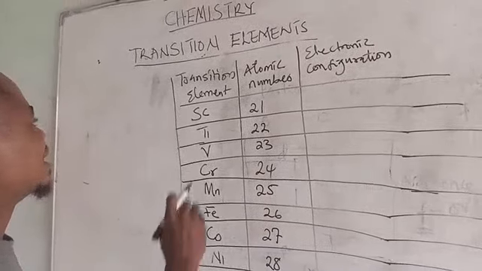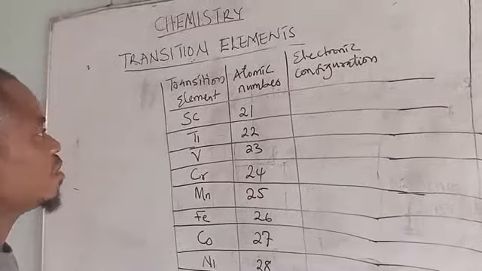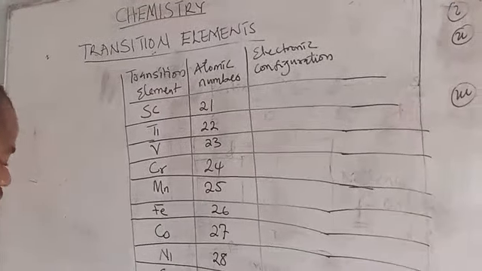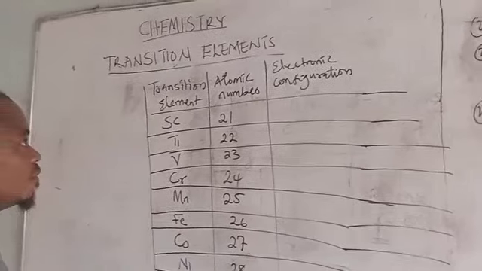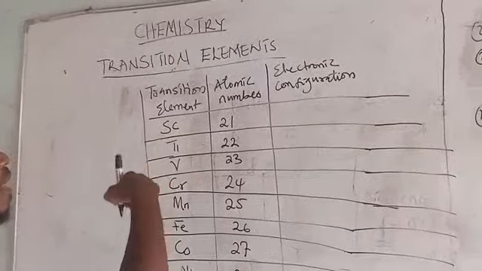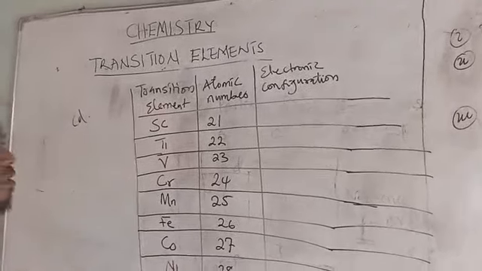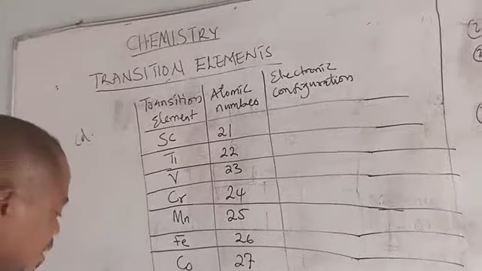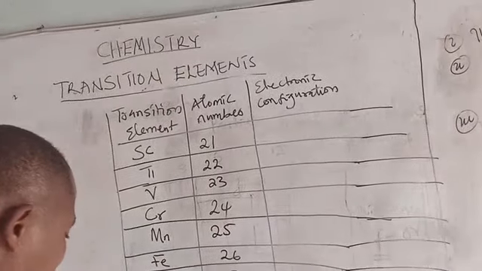Now let's look at these elements on the board. They are all transition elements. We're going to look at the electronic configuration. These are all transition elements. Number one is scandium. I was giving scandium as an example. Rather, it is cadmium that is not a transition metal. This is a transition metal. Cadmium is not a transition metal. All right. Scandium is 21, and we're going to have